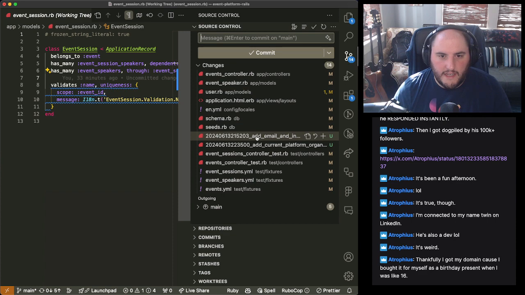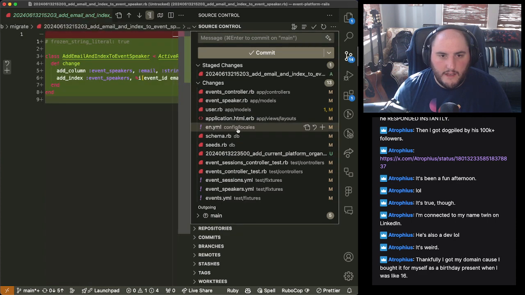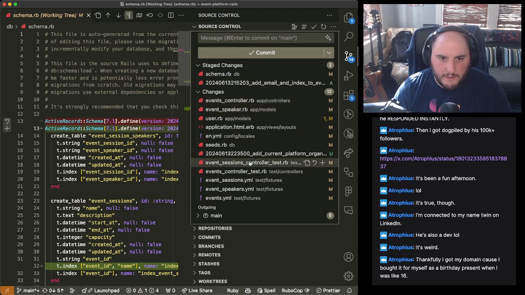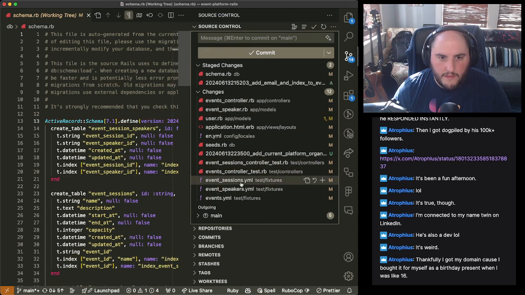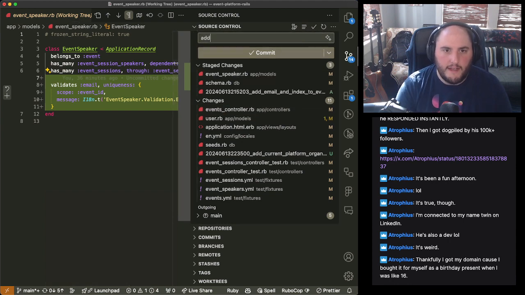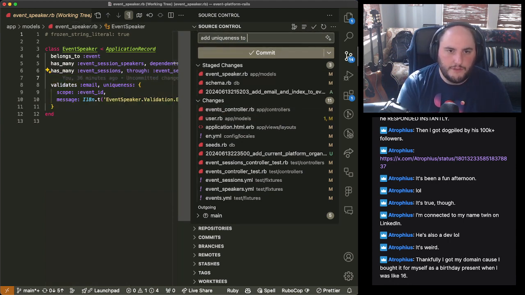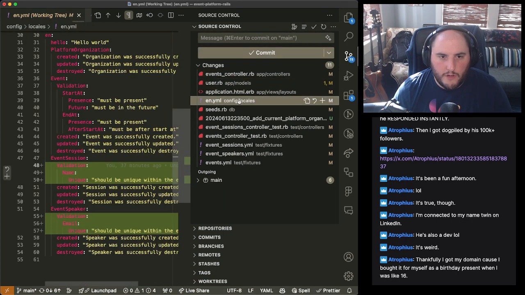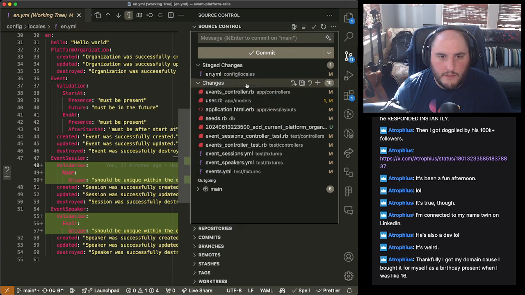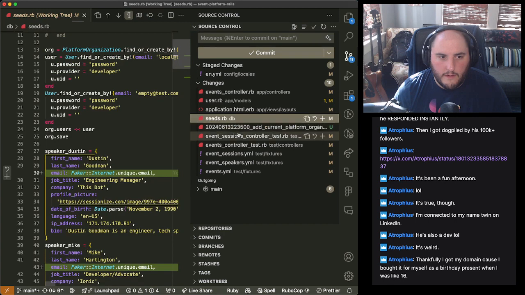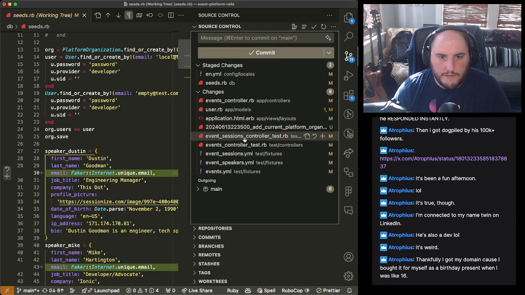And then we're gonna say here, and we'll check in the schema this time. This is the add uniqueness to event speaker. And then we're going to grab everything else.